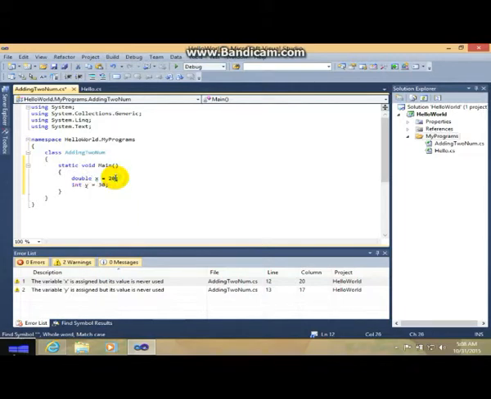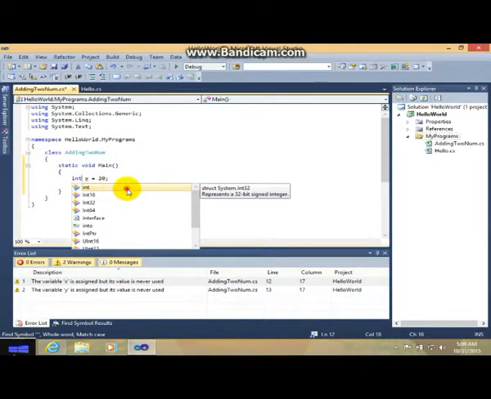If you have 0.42 or 0.43 like that, you need to change that to double. But I'm using integers, so I'll just use int.